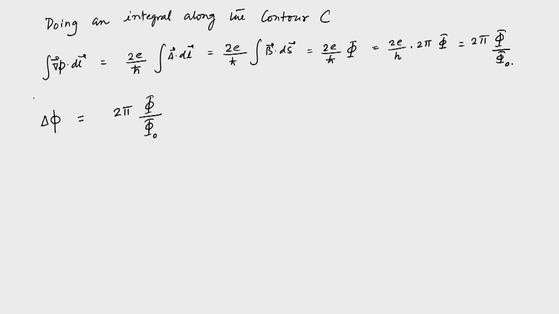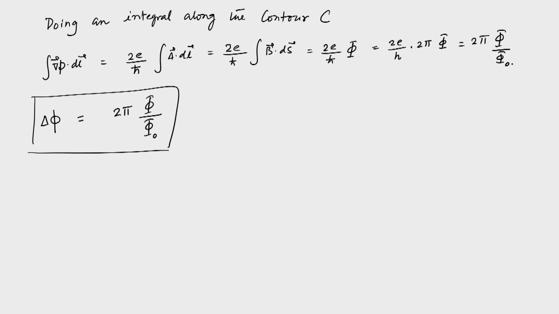Now, this is an important equation that tells that the superconducting phases will be different not by an arbitrary quantity, but by a quantity that is a multiple of phi naught. So, phi over phi naught is actually a number, which of course is multiplied by 2 pi. And so, there is a relationship between the external flux and the change in the wave function between the points A and B. So, we can write going from A to B.